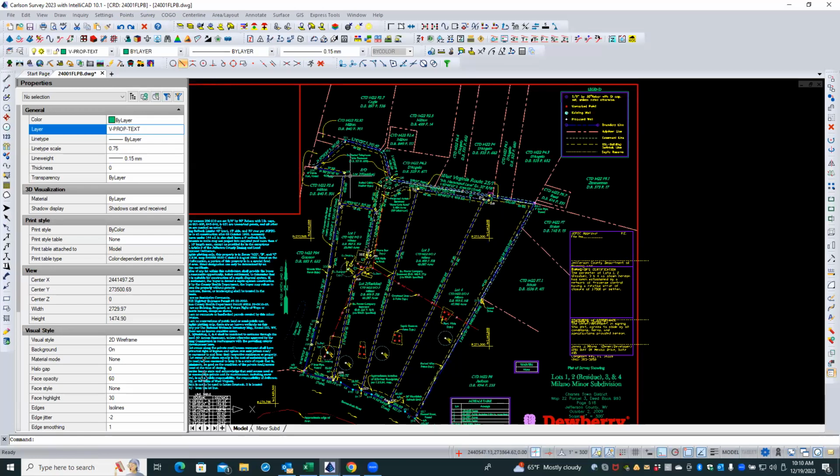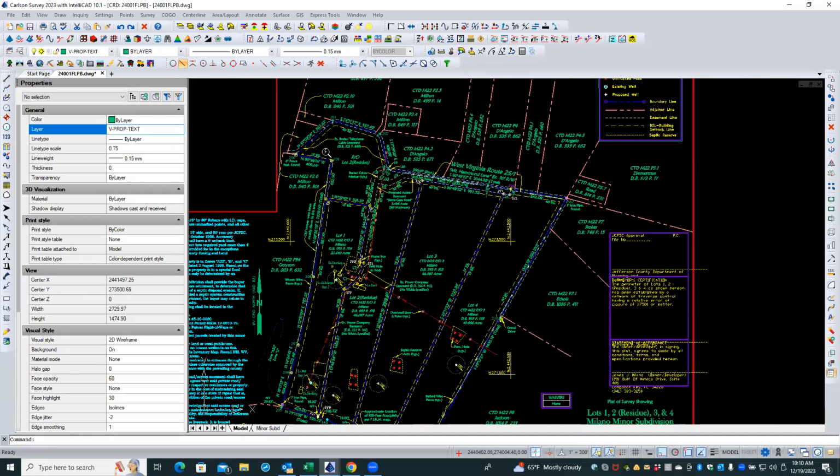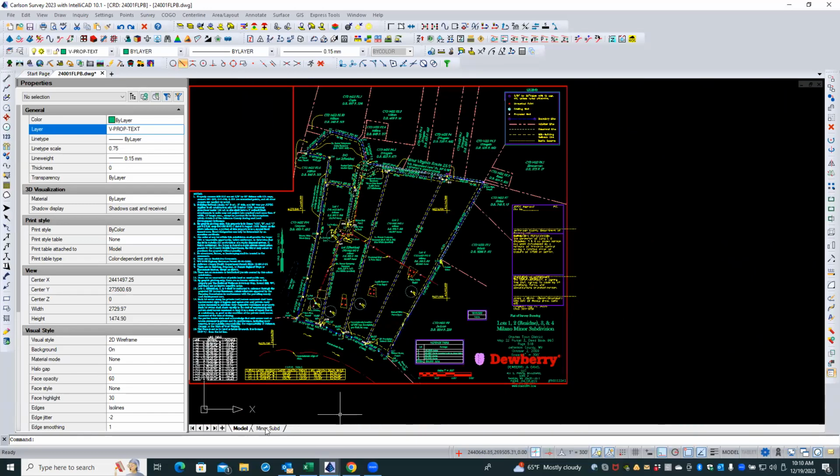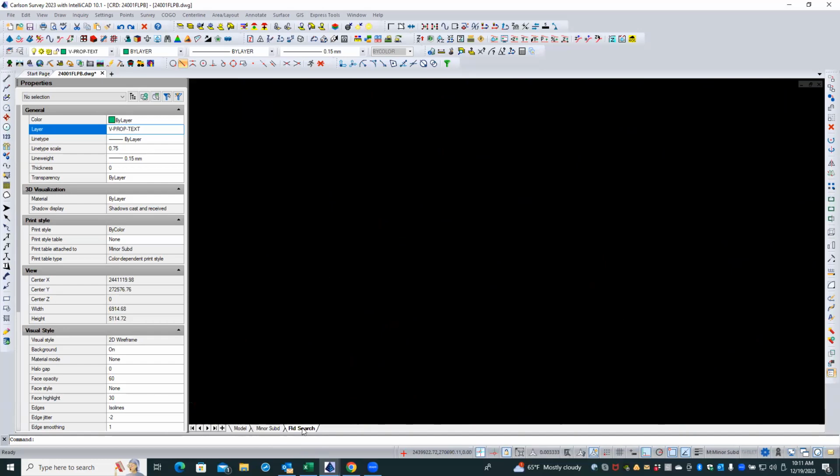Right. So I could just create another page and then freeze what I don't want on that page. Exactly right. And I would do that by copying this one. I would just select this and right click copy. And you would just call that one maybe field search or something. And then I would also